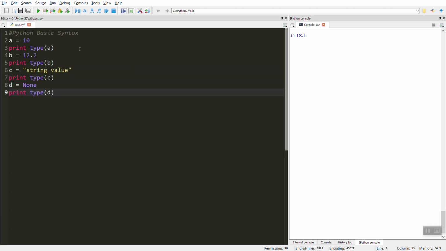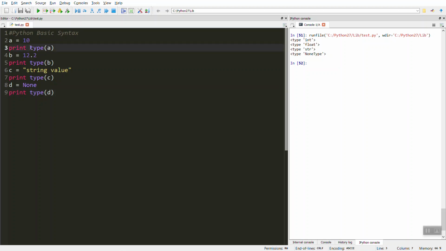So let's execute this code. It shows us the type of all those variables. The first variable belongs to the integer class, the second to the float class, the third to string, and because None has nothing to show, it shows us NoneType.